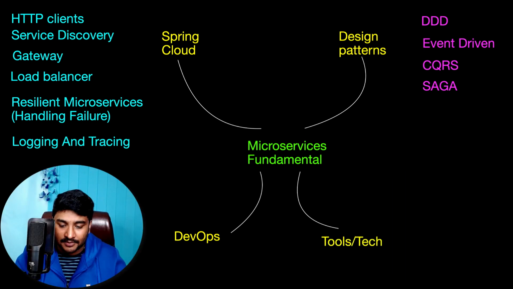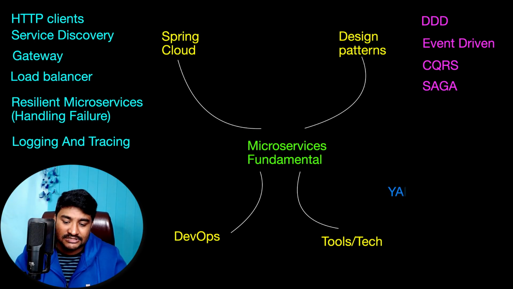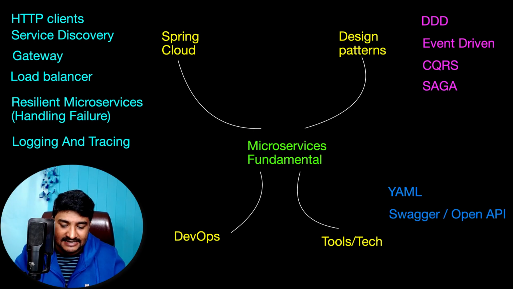And obviously there are a lot of tools and a lot of technology that you have to understand that you will be using in your microservices environment. There will be tools like YAML. YAML is important to write Swagger or Docker files. So understand YAML, understand about OpenAPI, learn about Swagger or OpenAPI, learn about Kibana, learn about Splunk, and there are